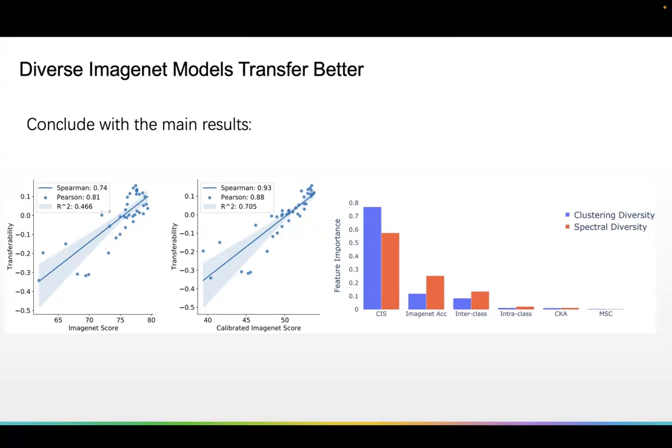So to conclude our main results, we suggest a new measure that indicates the transferability of models called the CIS, which is based on the filter diversity of models, and it correlates much better to transferability, and it is shown to be very important